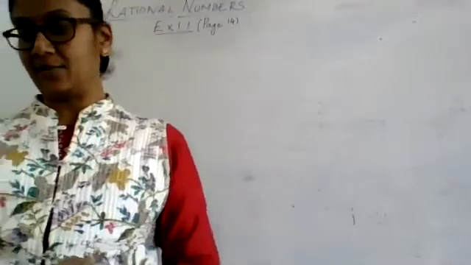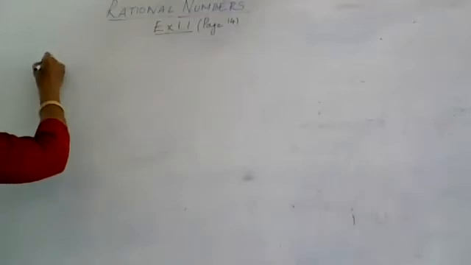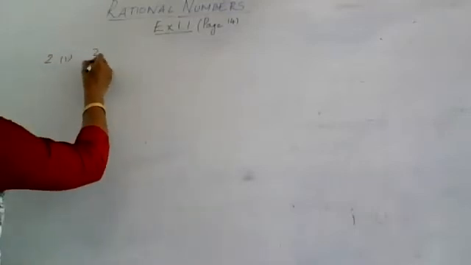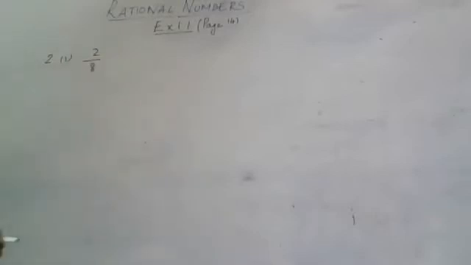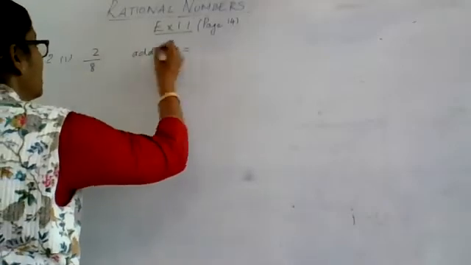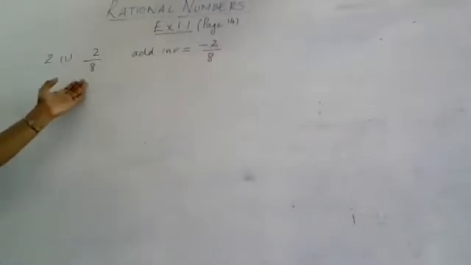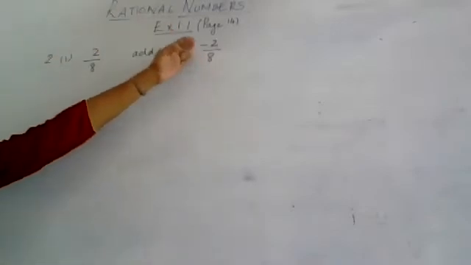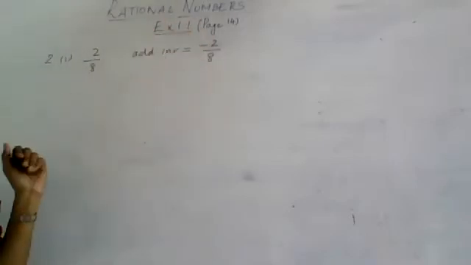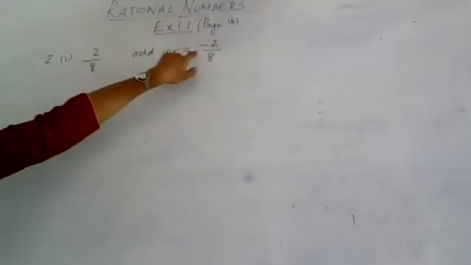This is in the second main. Write the additive inverse. The second main, the problem is to write the additive inverse. The first one says the given rational is 2 by 8. What will be its additive inverse? Additive inverse will be equal to negative 2 by 8. As I told you, when I take a rational and add it to its additive inverse, I must get 0. So if I add 2 by 8 and negative 2 by 8, definitely I am going to get 0. Hence I can say the additive inverse of 2 by 8 is negative 2 by 8.